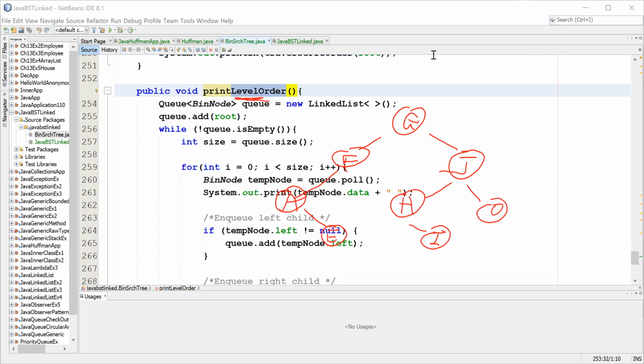So what does level order mean? Previously, when we did in-order, pre-order or post-order, we always followed a certain branch of the tree. Level order means you want to go level by level. You want your output to look like the tree levels. So this is the root level, this is the next level. Ideally, the binary search tree